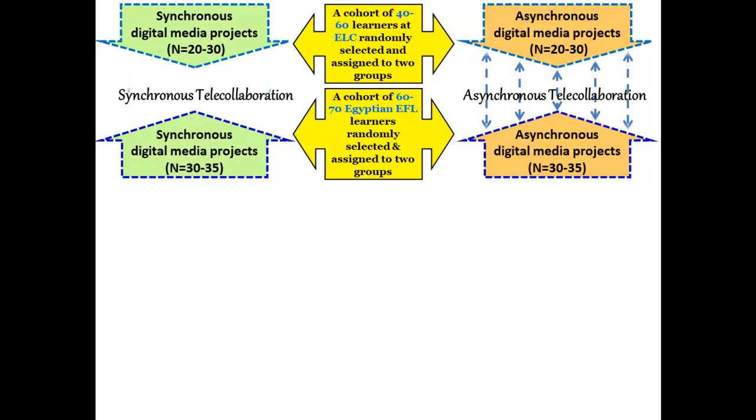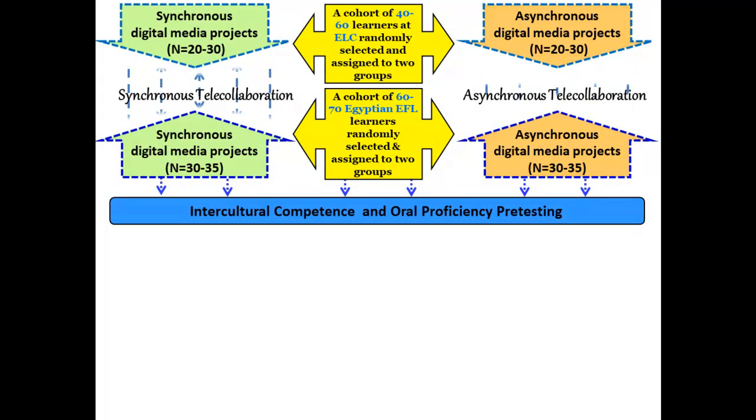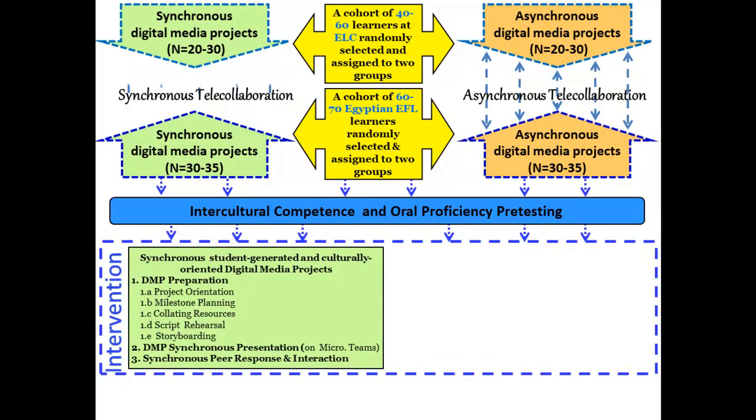After selecting the groups, assigning them to groups, and then pairing Egyptian and ELC learners together to start practicing synchronous or asynchronous telecollaboration, and before starting the study and the treatment, the Egyptian EFL learners will be pre-tested with respect to their oral proficiency, and both the ELC and the Egyptian learners will be pre-tested with respect to their intercultural competence. Then the treatment and the procedures of the study will start by assigning some cultural topics or